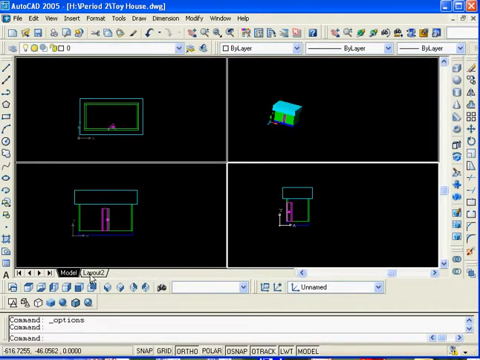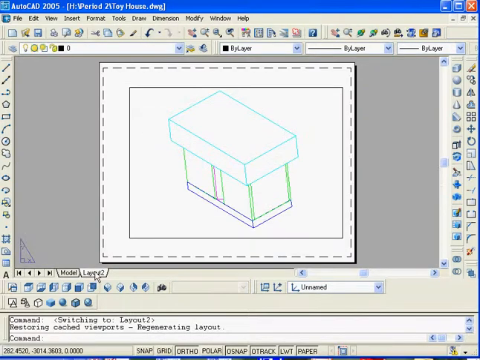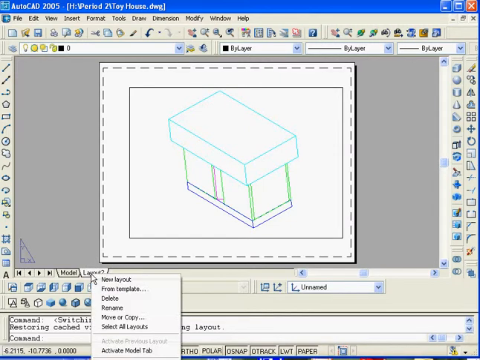What we're going to do is create a new layout. So down here in the Layout tab, I click on it. Yours may say Layout 1, but mine right now I've already done some changes, so it's Layout 2. First thing I need to do is to set up the paper, so right click and go to Page Setup,